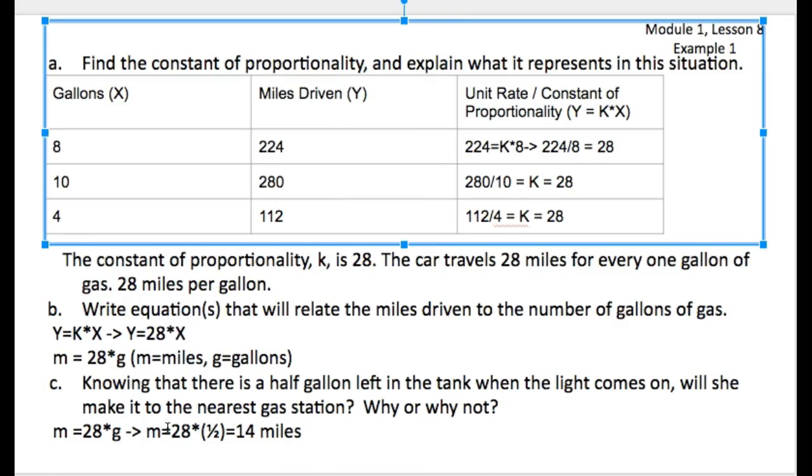We know she must travel 26 miles away, so no, she will not make it